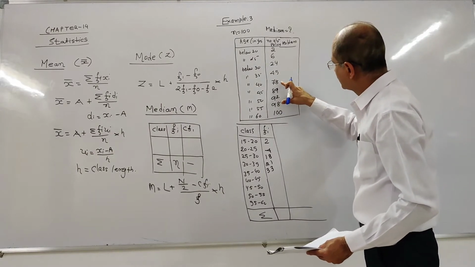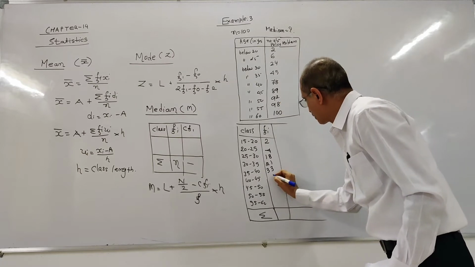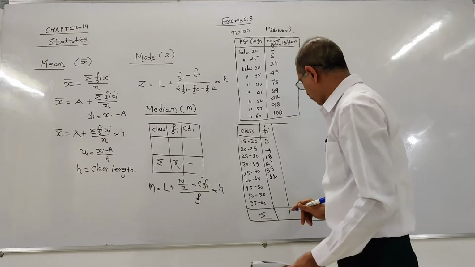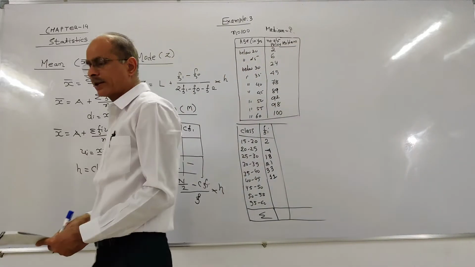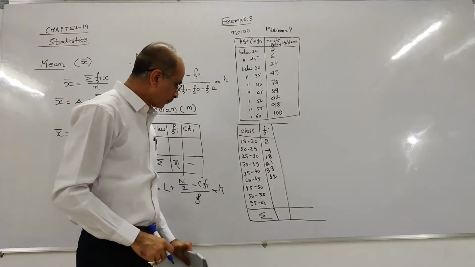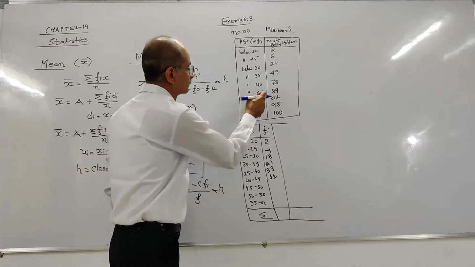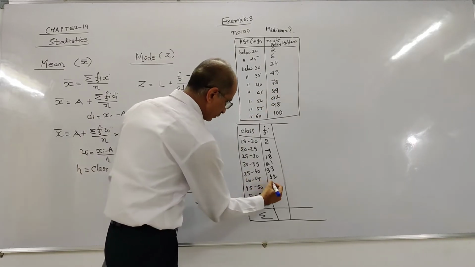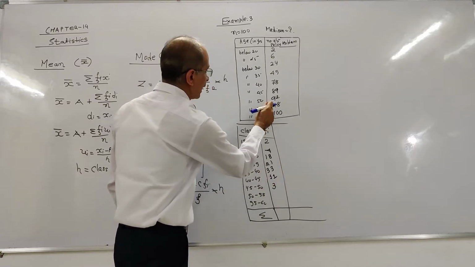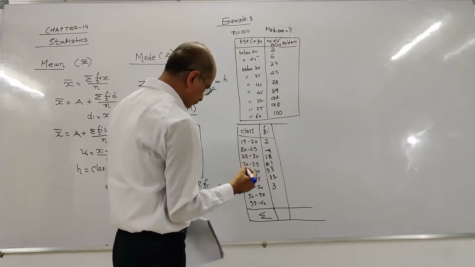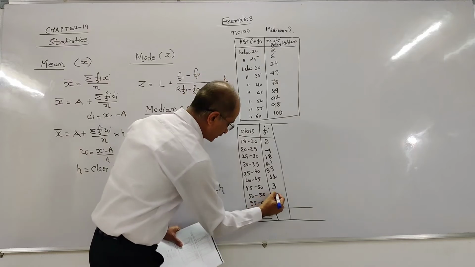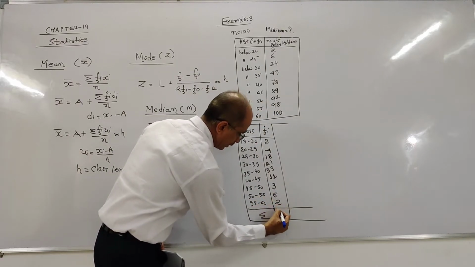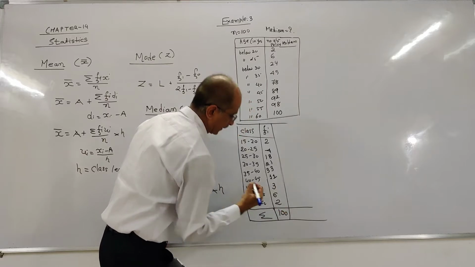Similarly, 89 minus 78 means 11. So 11 number of policy holders are there in the group of 40 to 45. 92 minus 89 means 3 policy holders. 98 minus 92 means 6 policy holders are there, and 100 minus 98 means 2. If you add this, you get 100.